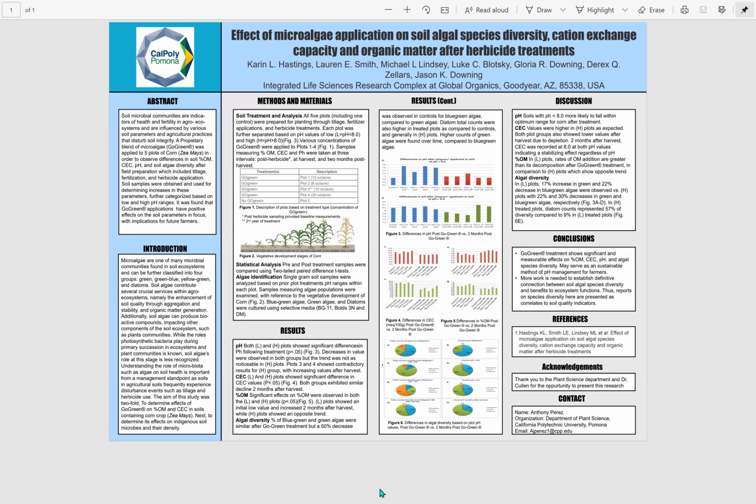Next, differences in CEC, or cation exchange capacity, were observed in both L and H plots at harvest and 2 months after, and are illustrated in Figure 4. It can be seen that in L plots 1, 3, and 4, which had the highest applications of GrowGreen, the largest increases in CEC were observed, and a uniform decrease in all plots, including the control, was observed 2 months after harvest, which more or less aligns with